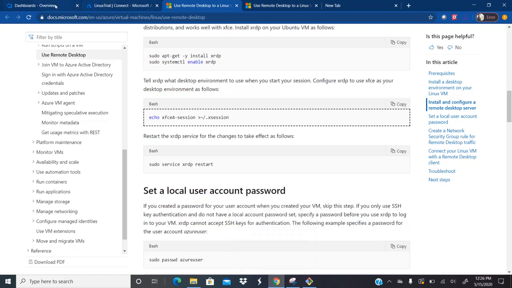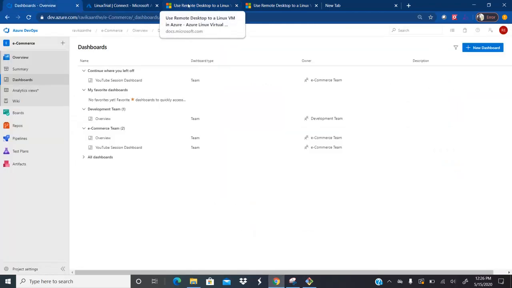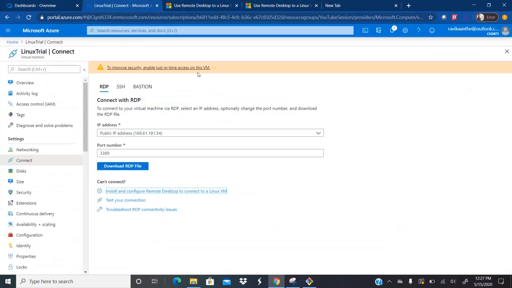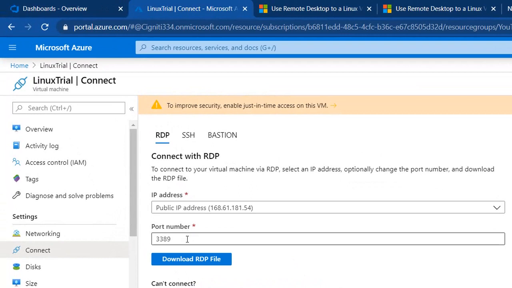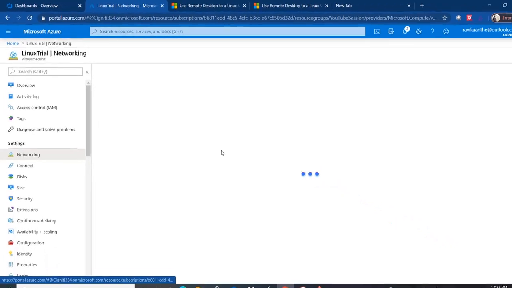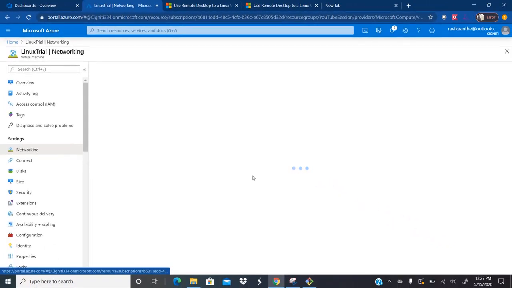Okay, so as soon as you are done, all you need to do is expose the 3389 port. Let me show you. Okay, because the RDP port number is 3389, right? So I need to expose this 3389 port number in networking. So for that you need to click on networking. Okay, and then you have to create an inbound port rule. Okay, click on networking. So it is taking time for me. Give me a minute.